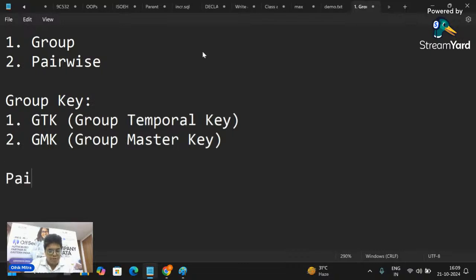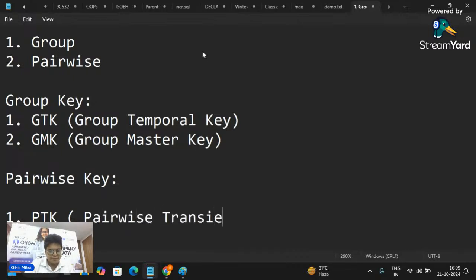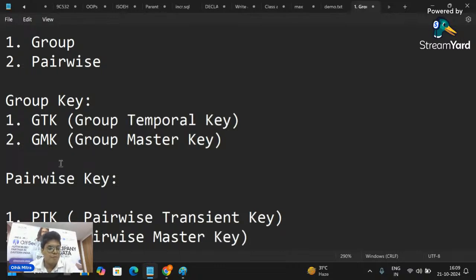Okay, and pairwise is also the same. Pairwise will be PTK. The full form will be pairwise transient key. And PMK, this will be pairwise master key. Okay, so group and pairwise are divided into two keys each. But along with these four keys,